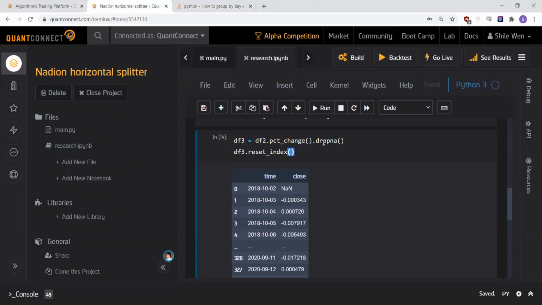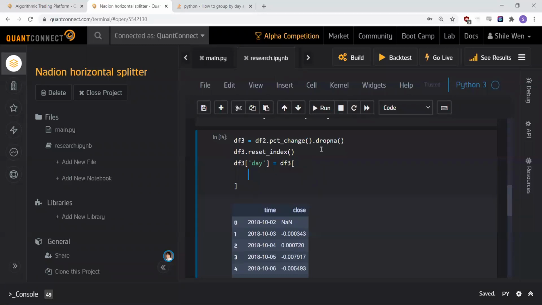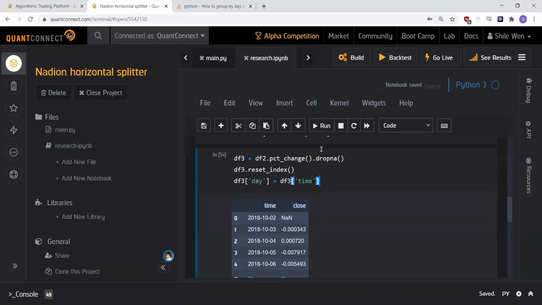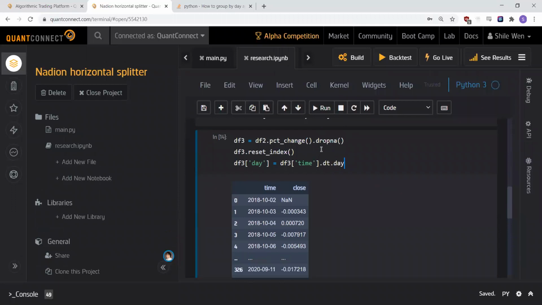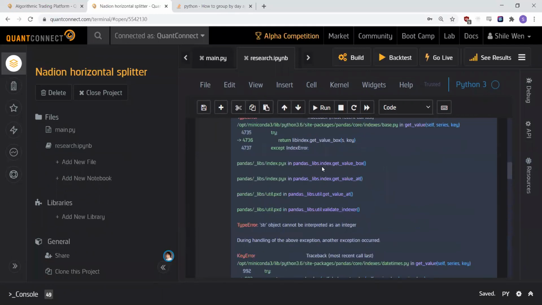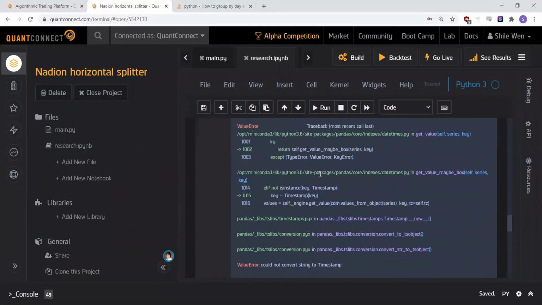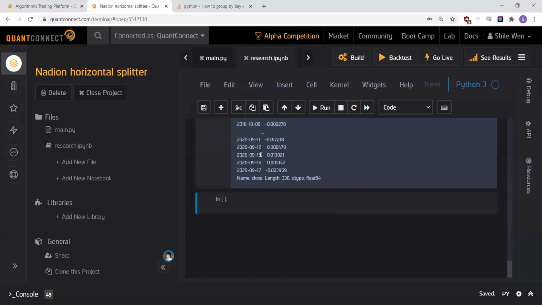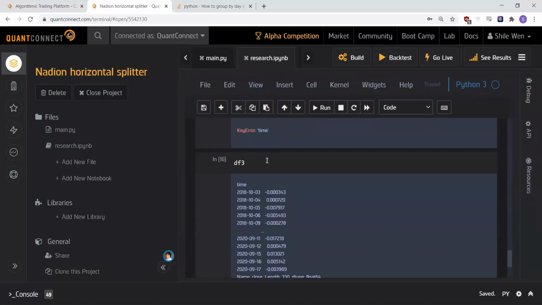So we're gonna reset the index and df3 time day equals df3 time dot dt dot day. Sorry, I'm doing this live just to show how to do this process, but